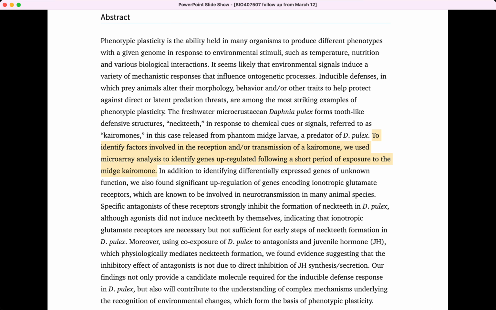And in this case, the body is going to have what they call neck teeth. So it's just evidence of better defense against a predator grabbing them. Okay? And the key takeaway for me from this, I highlighted here, and that is how they wanted to find